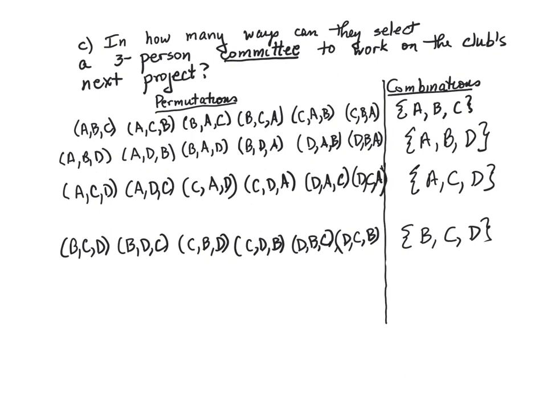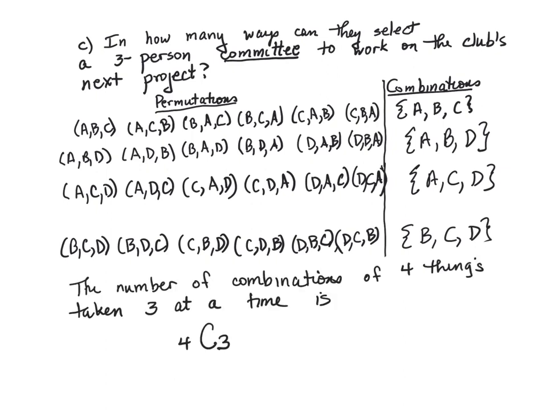For example, in the first row of permutations, there are 3 factorial or 6 ordered triples containing A, B, and C. However, there is only one set that contains A, B, and C, namely the set ABC. Therefore, the number of ways to select a 3-person committee from a group of 4 people is the number of combinations of 4 things taken 3 at a time, written as 4C3